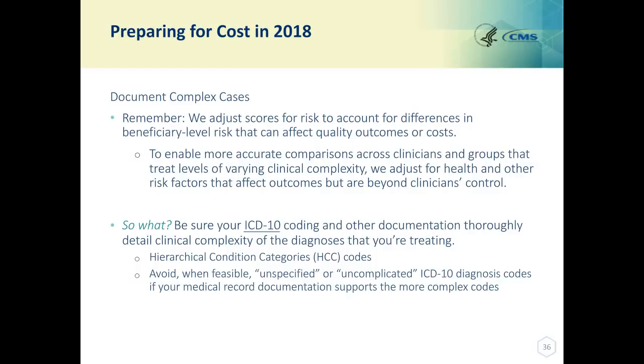An example might be a diabetic patient that has a GFR approximately 55, or stage 3 chronic kidney disease. Adding that specificity of the nephropathy that the patient has with their diabetes substantially increases the risk score for that particular patient. But if you don't include it, or if you just code a claim for an unspecified or an uncomplicated diabetes code, then your patient doesn't look nearly as sick, and it won't be reflected in the risk adjustment